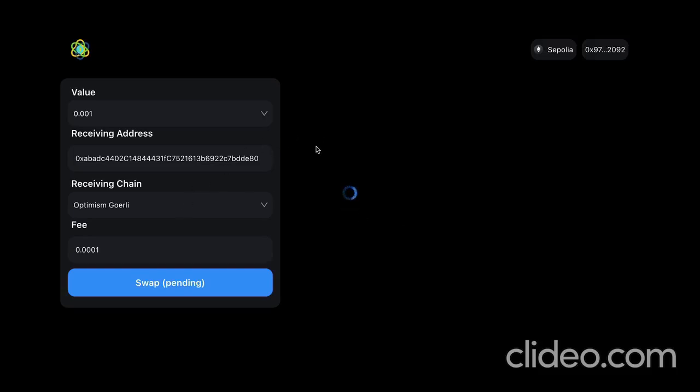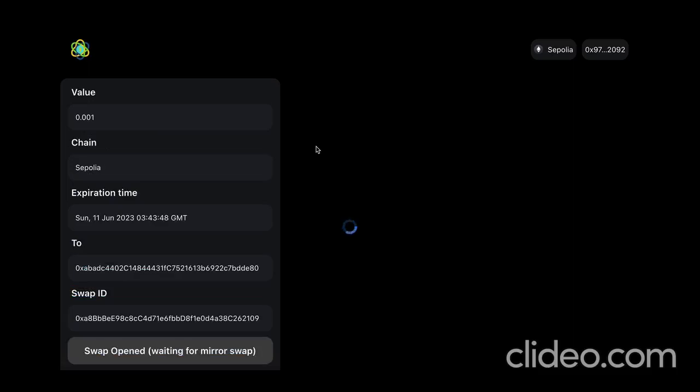The front end now is sending a transaction to the chain and to the Atomic Cloak contract to open the swap and set the commitment, which we call swap ID. As soon as the transaction is mined, the backend will also open the mirror swap on the receiving chain. And as we can see here, when that happens, the user will have the possibility to close the